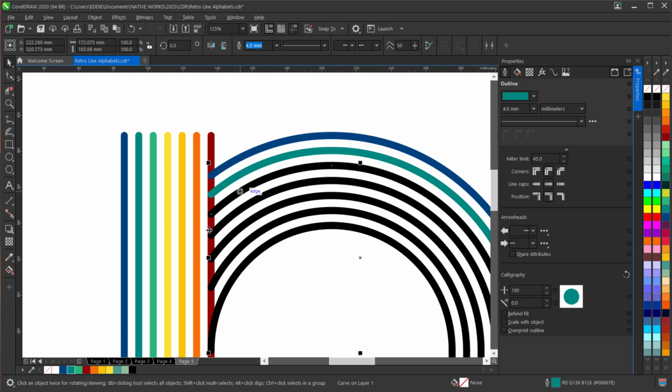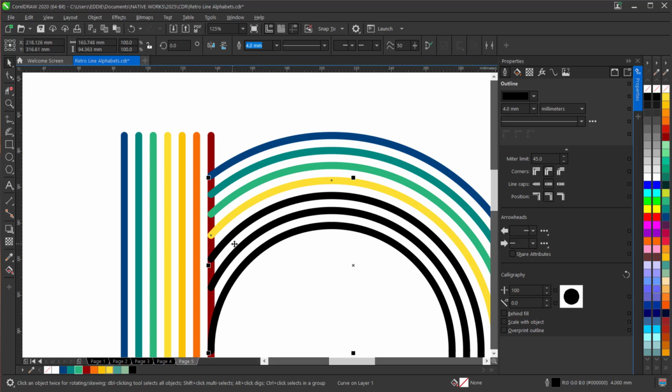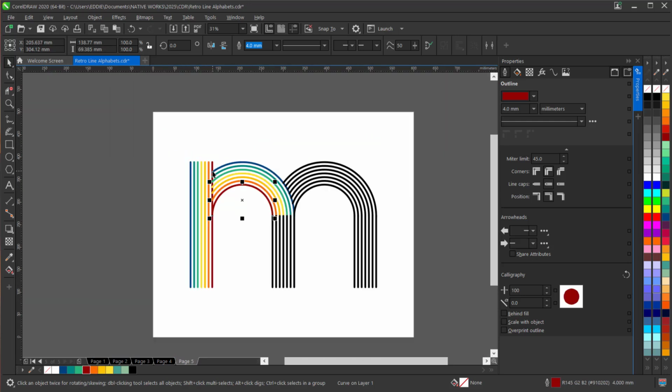So let's take our time and do this for all the lines. Make sure you follow the same scheme and the same order to maintain consistency and have the same outlook.